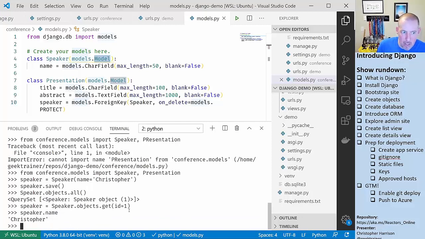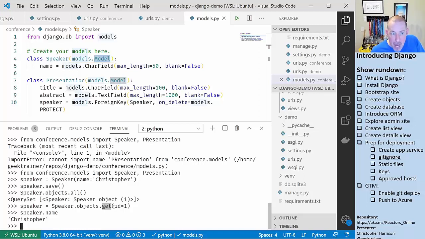Now, here's what I want you to focus in on. First of all, is the fact that this objects is going to be my entry point into the Django ORM. So basically from this point, I'm now going to be making queries. And this is a little similar to what you might see in Mongoose. If you were using this with, say, Entity Framework, then this would be done slightly differently. But it's all kind of that same relative concept, where I'm now going to use some bit of code to go access data. And you would actually notice that you've got the ability to do filters, to go grab an